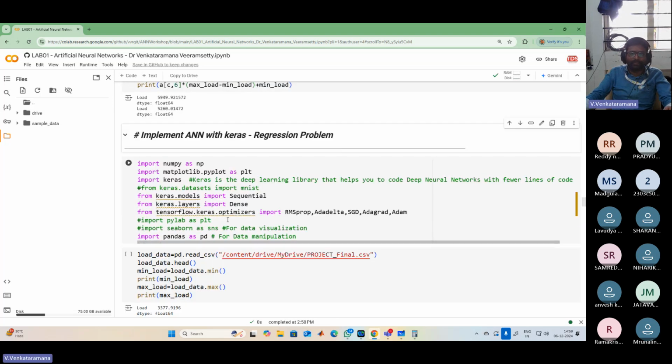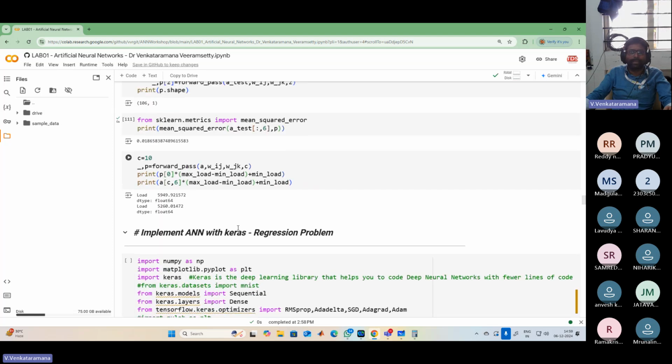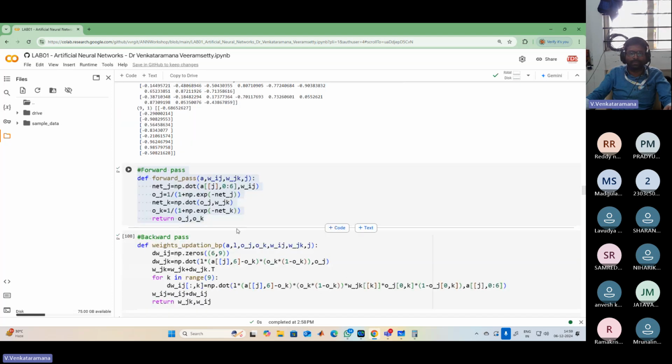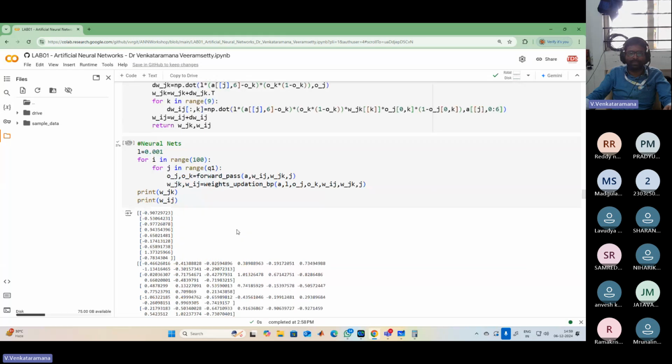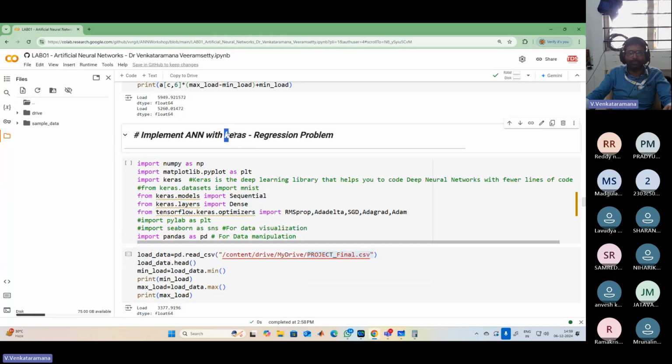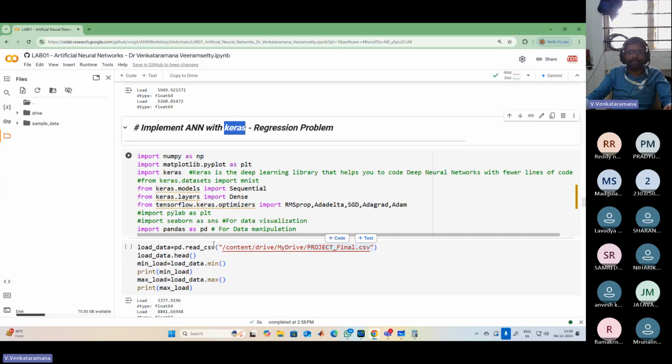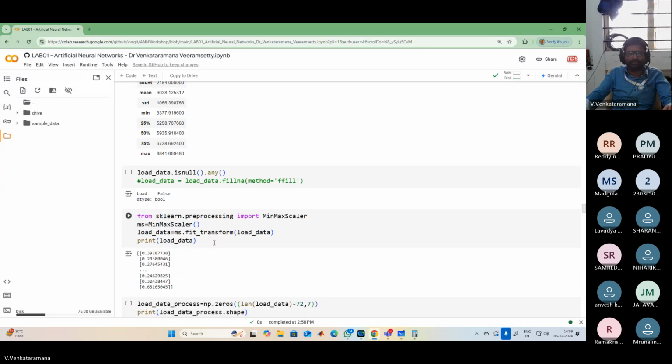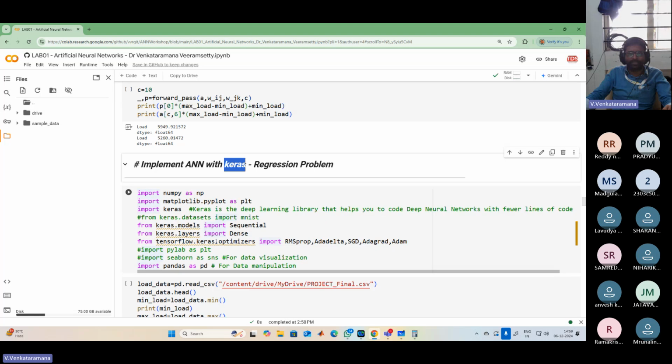I want to work with the same load forecasting problem. Here I am writing my own code, we are discussing our own code from scratch, whereas next we will use the Keras library. We will discuss this later. So this is the end of session 1 of day 5. So a small request is